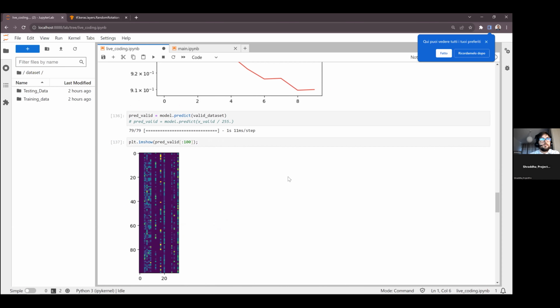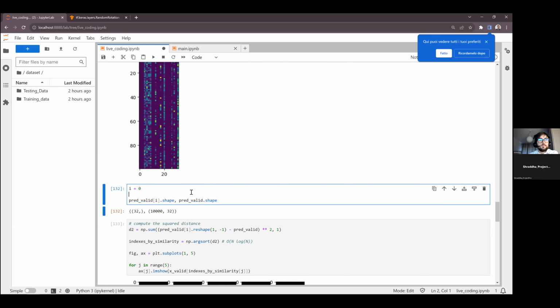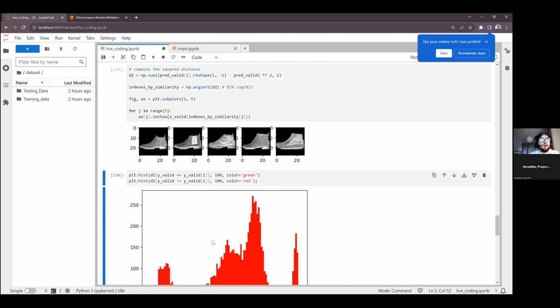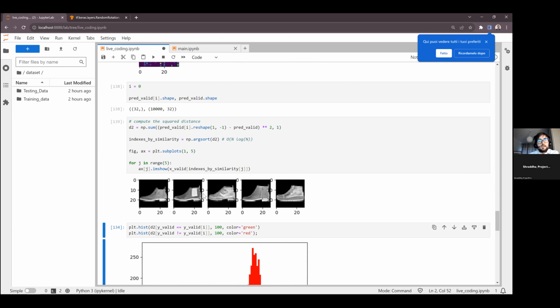Right? Okay, again, we see some regularity, some values that are always zero, but I think it's due to the normalization. And let's see here. Okay, again, with the first image, we get all the shoes.